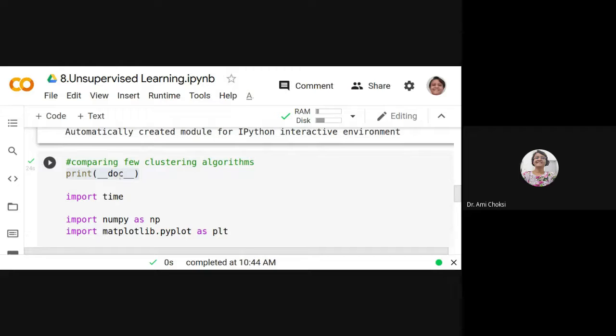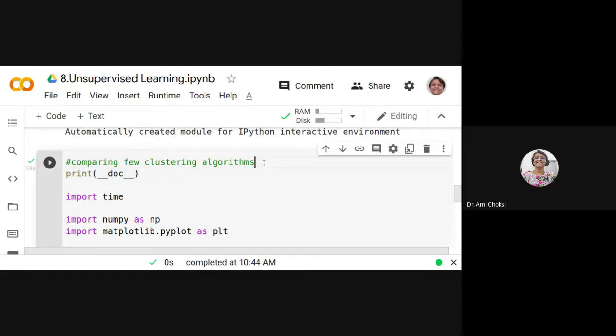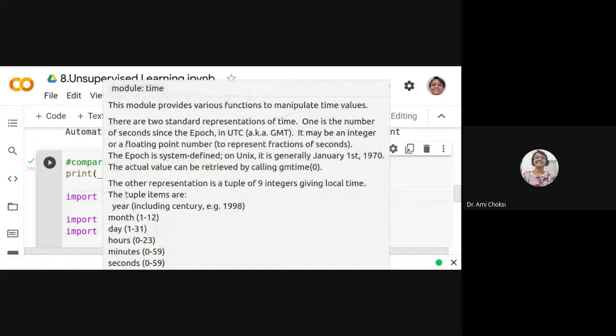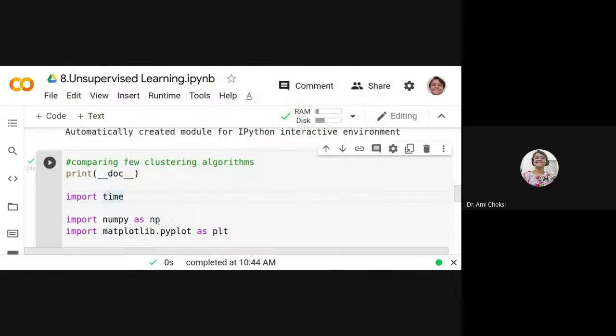Now, here we are comparing a few clustering algorithms with the help of the execution time and its visualization, that is a chart according to that. So this is an automated program only, but for your data set you can try, isn't it? So what is that? Import time, because we want to have the execution time comparison.